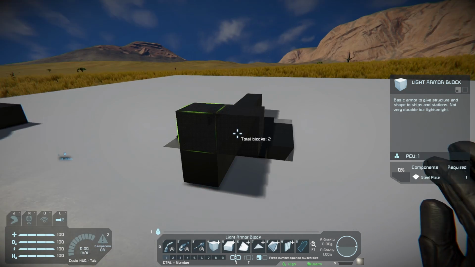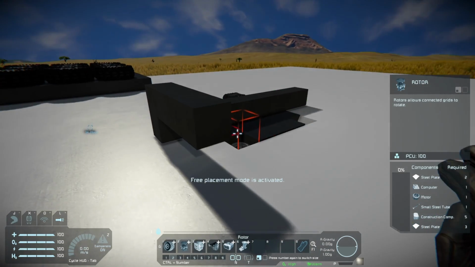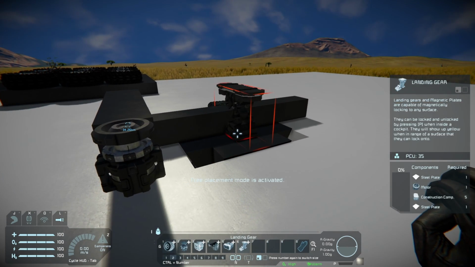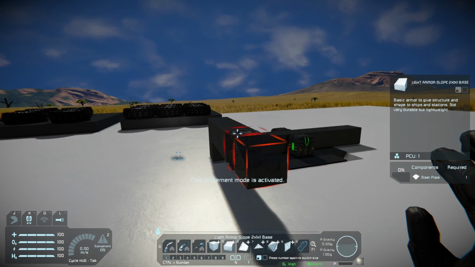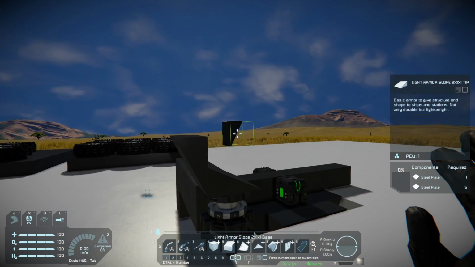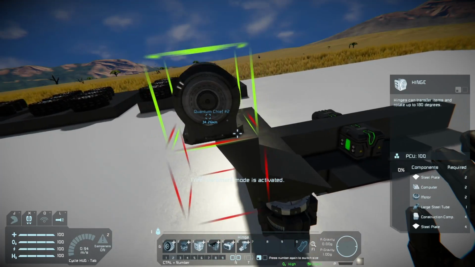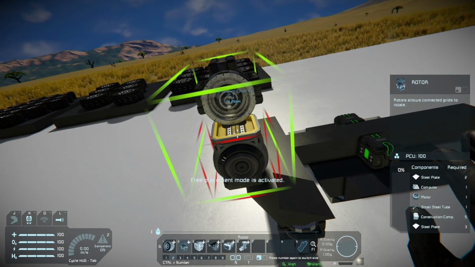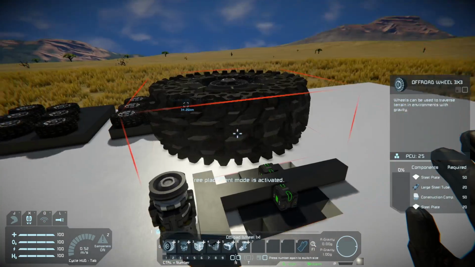Okay, so my first idea is if I get a rotor, put one there. And let's make sure that I have a battery on this. Oh, wait, I do. Cool. If I then do something like that, maybe? And then if I put an angle on it, will that work? And then I put that on there, and then I guess, oh, okay.